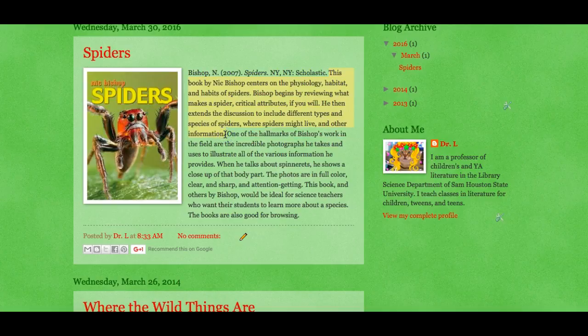Pretty straightforward. This is a book about spiders. It talks about their habitat, their physiology, their habits, how they feed, all those other good things like that. And then the second piece here,